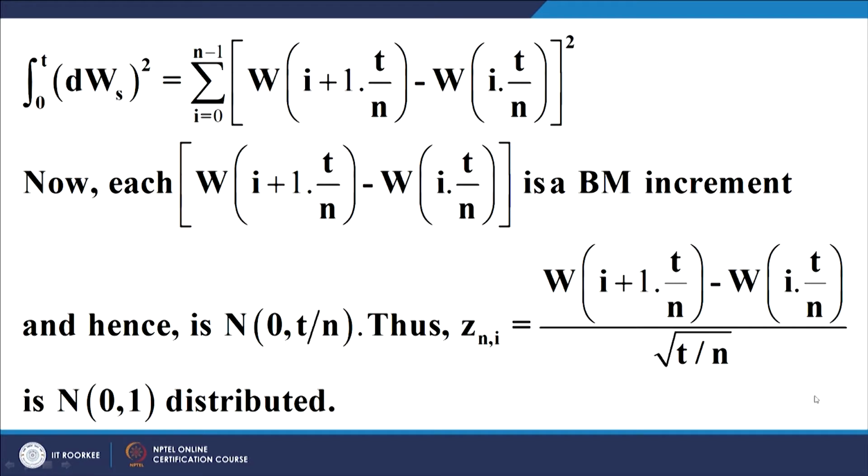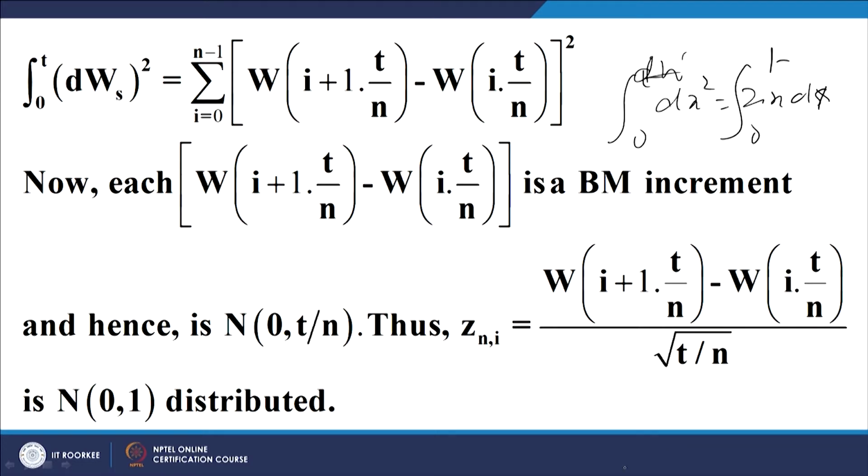Now, let us look at the second integral. The second integral is the integral from 0 to t of d(W_s squared), because what did we say? We said that d of x squared is equal to 2x dx, and then we integrate over 0 to t. That is what we have done. So, the right hand side we have shown as 0. Now, we attack the left hand side, d of W squared.